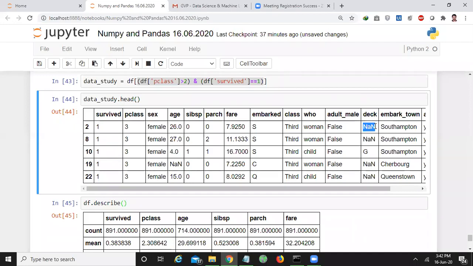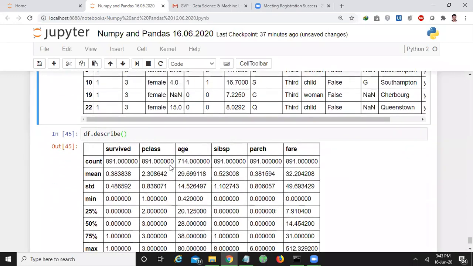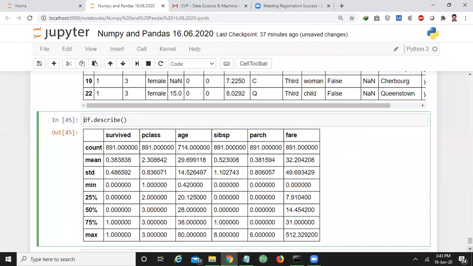Please observe here. Here also in the age column, if you see, we have 26, 27, 4 and NaN, right? NaN means what? Here actually there is no value. The value is not filled for this passenger. The age and deck are not found for this passenger. Okay. If you perform this describe function like this, it considers only the columns which are non-null or the columns which have the values.